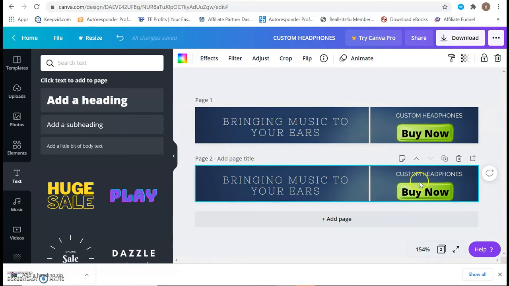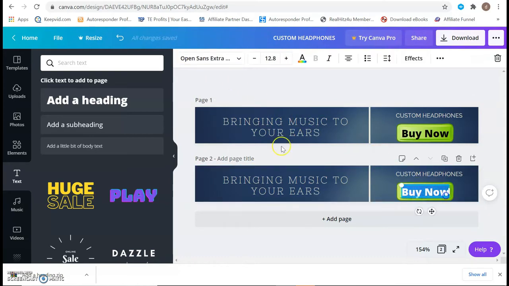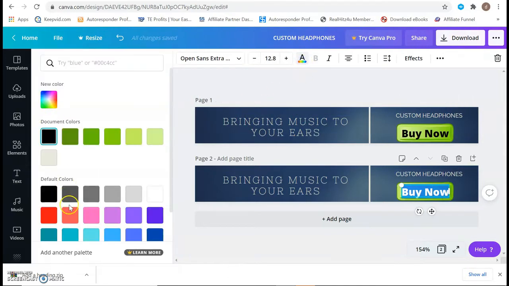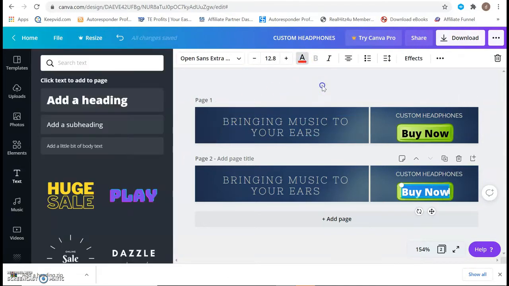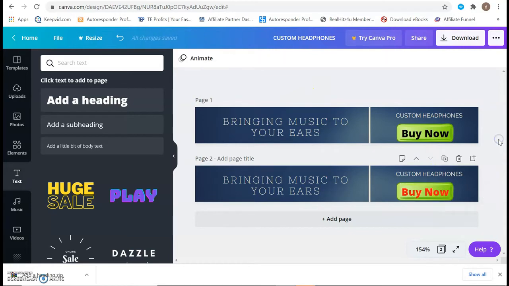So what I'm going to change here is this text only. I'm going to change the color of the text to red, and now you can see that there are two images here, and the only thing changing is the color of the text. All you got to do is download both the images.